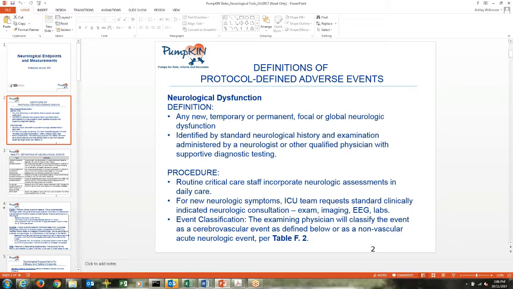And the reason I'm starting with this is so that you'll understand what the purpose of the protocol assessments is, so that it's possible to classify in an unambiguous and objective manner any type of adverse neurologic event. So you'll see here I have definitions of broadly described events called neurological dysfunction, and these arose from